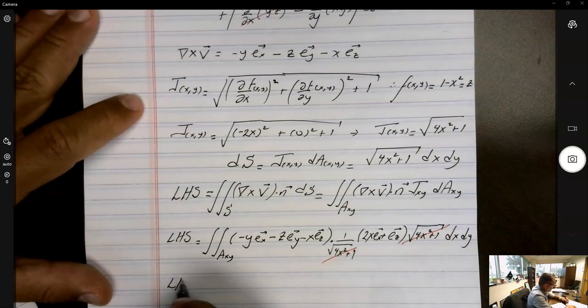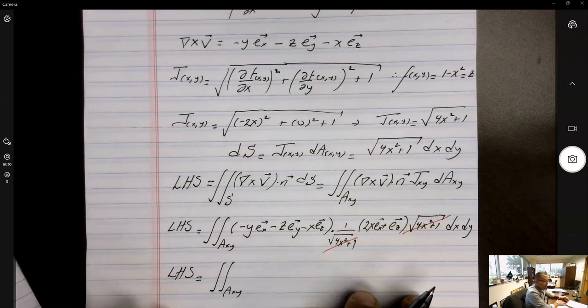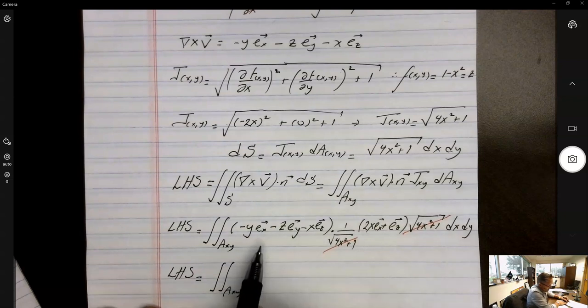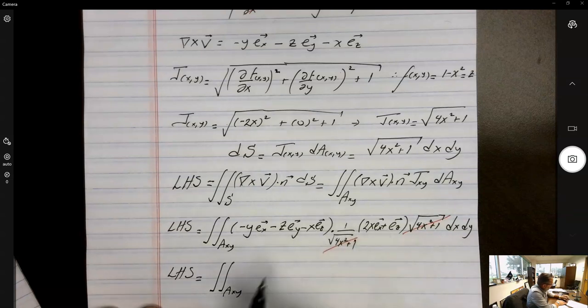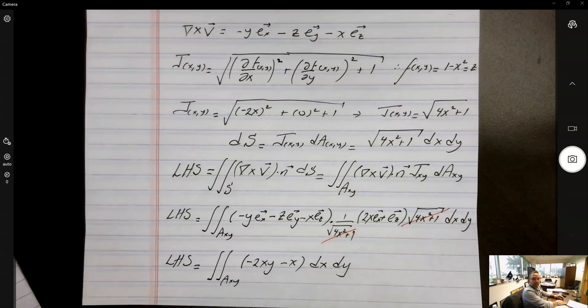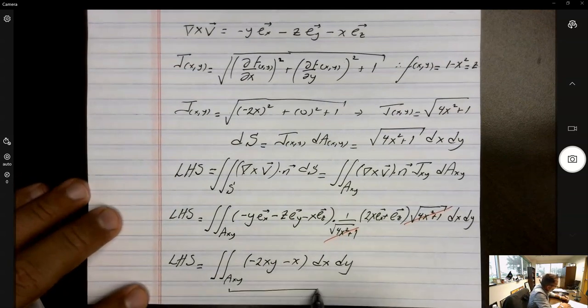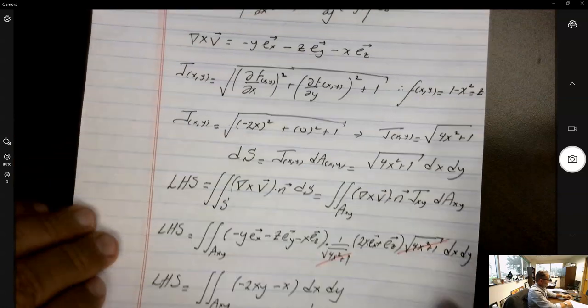And what we're looking for now is that the left-hand side is the integral over the xy plane of minus y times 2x minus z times 0 minus x times 1. So that would be minus xy minus x, dx dy. Alright, so now we need to assign limits of integration in the x direction and limits of integration in the y direction. And in order to do that,